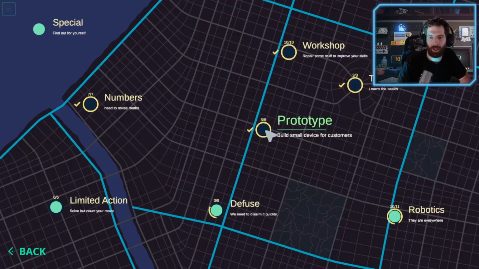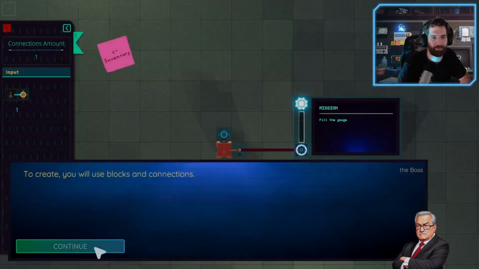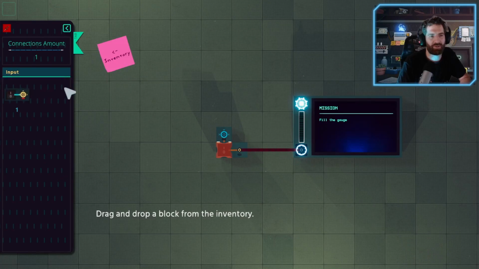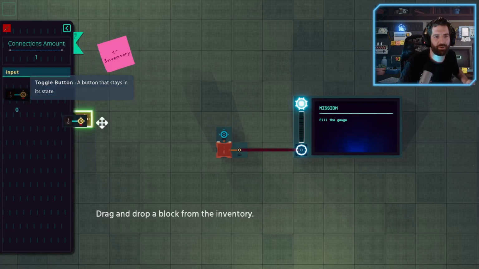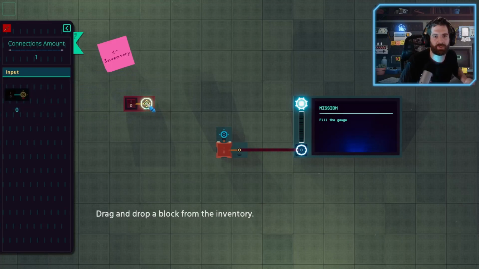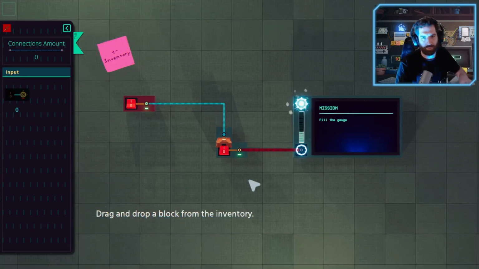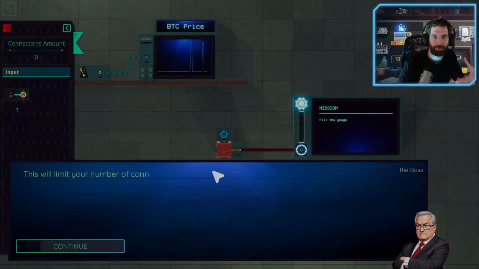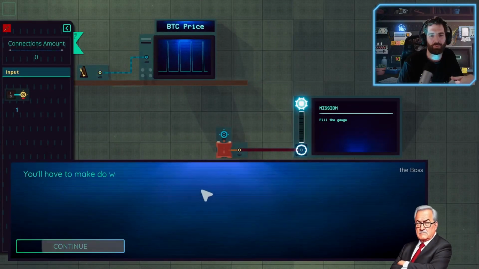For example, after this there will be a new mechanism: you have some levels with an inventory, and you can place your own blocks. This one is the first, so there is only one block, but you understand the concept. You will have a puzzle and an inventory to create your own machine, your own behavior, and resolve the puzzle in your own way.